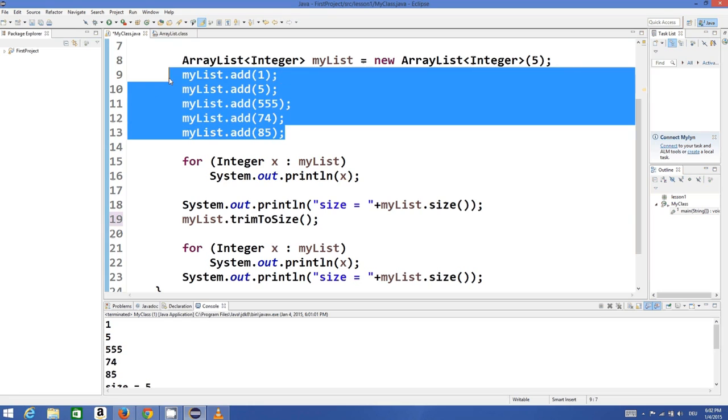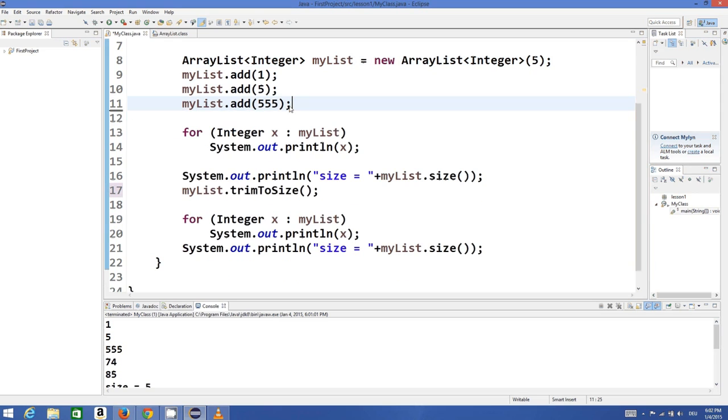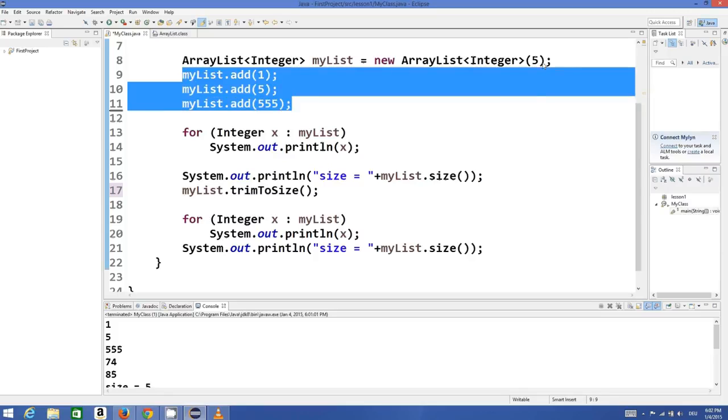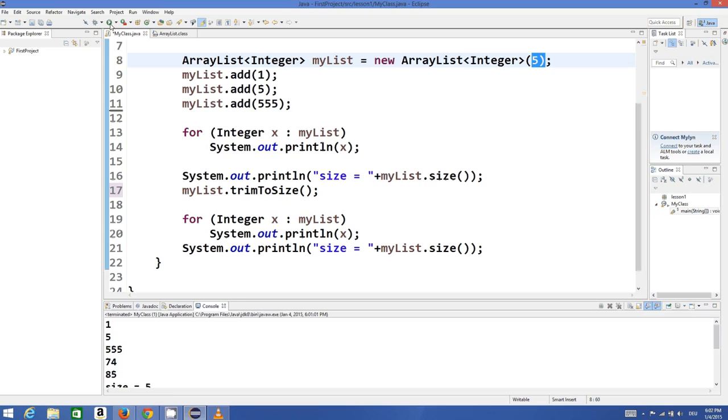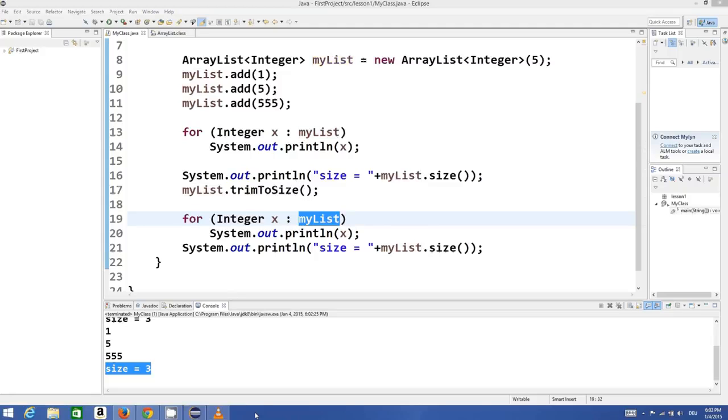Okay, and what this method is doing is it trims the size of the array to the number of element it contains. For example, initial size of this array was 5 and we have just provided 3, then it trims your array to 3 itself instead of initial size. Okay, so trimming means just cutting the size of the array to the number of element it contains, which is 3. So in this way you can use many more method on this list,